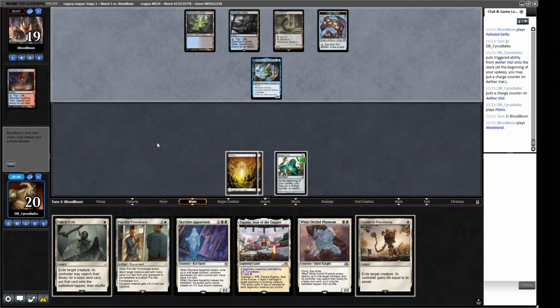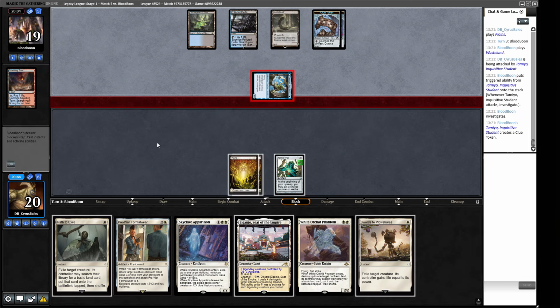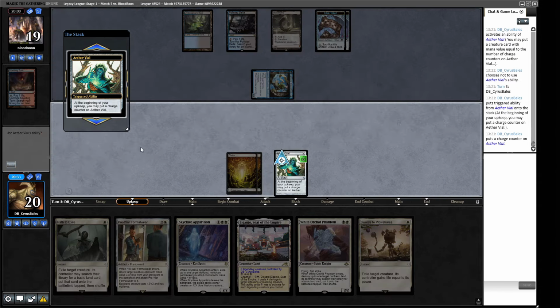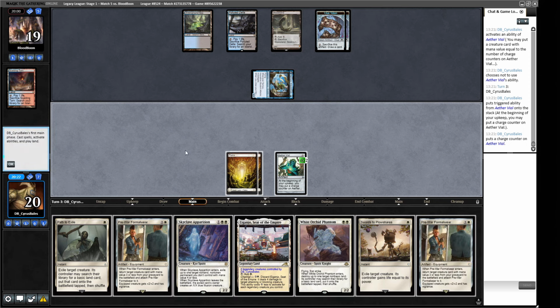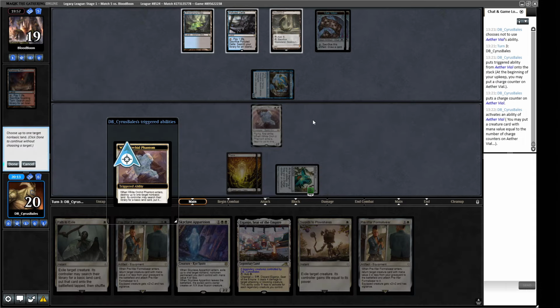A Wasteland. We don't care about that. Yep, the Tameo can continue to do its thing. Let's see if they have any sort of stifle effects they want to use on this Vial. Let's go up to 2. Interesting choices here. I think we play out the White Orchid Phantom. Are we going to hit the Wasteland? Or are we going to hit...